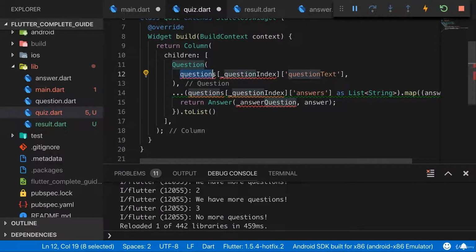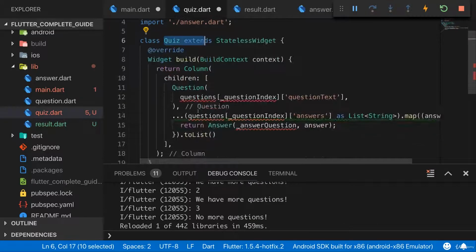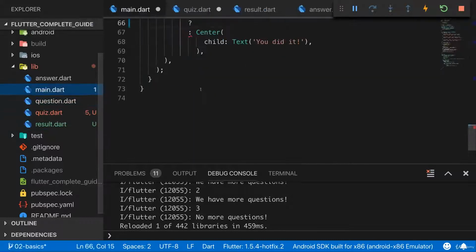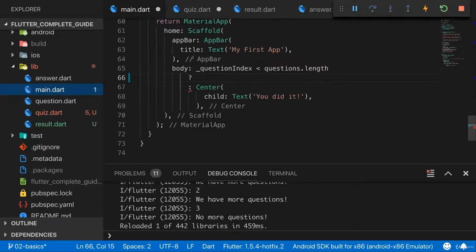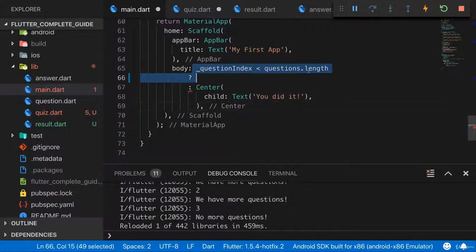And I'm referring to the questions list and also to the answerQuestion function. Now, of course, you could now think that you want to turn Quiz into a stateful widget, because now we have both the question and the answers in here, so we could manage everything for that in this widget. But please keep in mind that in order to show the result, which we want to do in the main Dart file and not in the quiz Dart file, otherwise we would basically transfer the ternary expression also into the quiz Dart file. Because we need to manage that condition in the main Dart file,